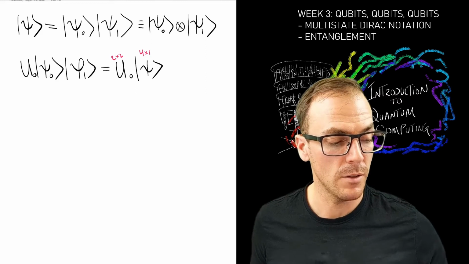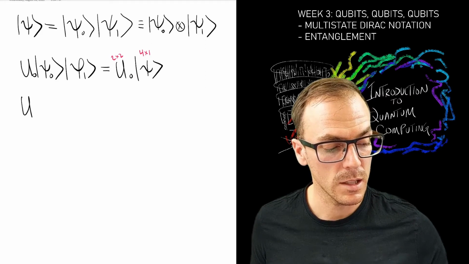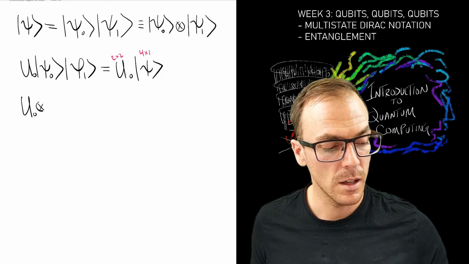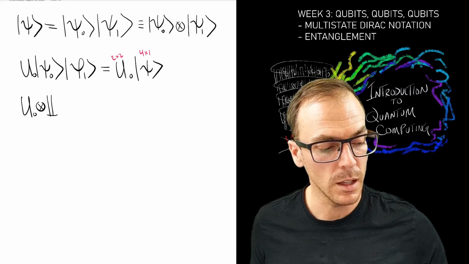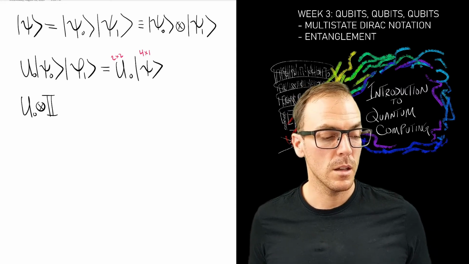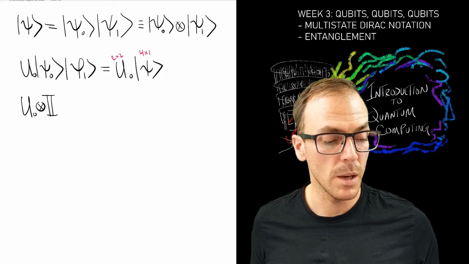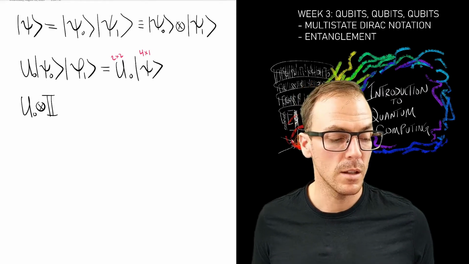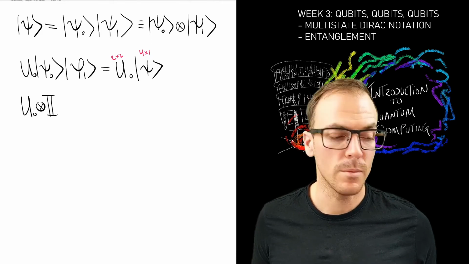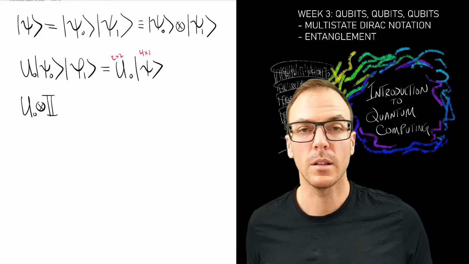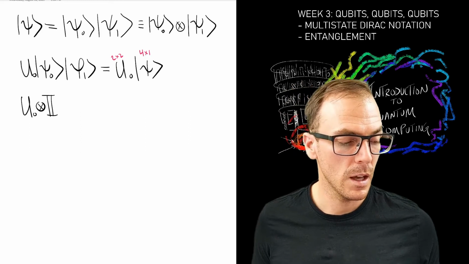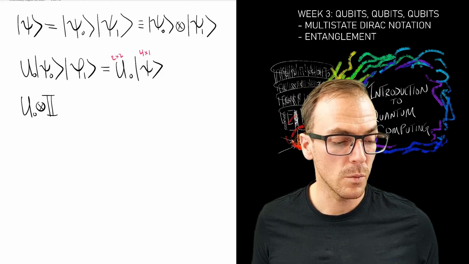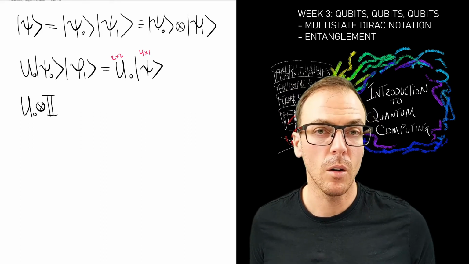So again, we have this shorthand notation, and it has to be understood from context that what we really mean is this matrix here. And the tensor product of two matrices looks the same as the tensor product of vectors, and we can write that out,